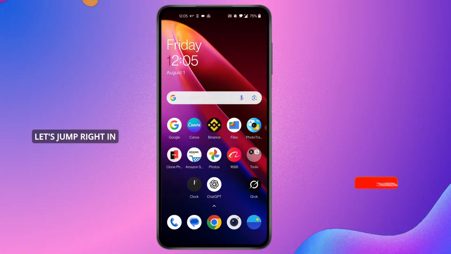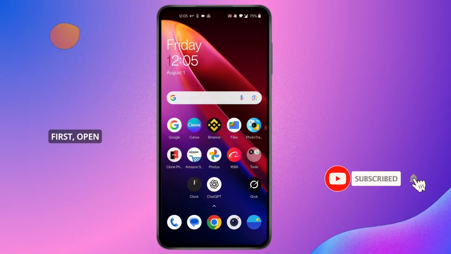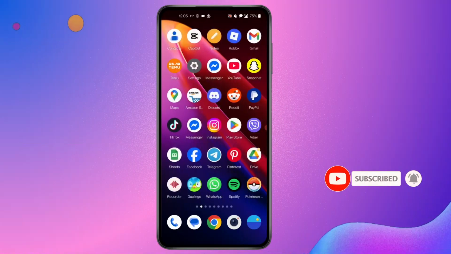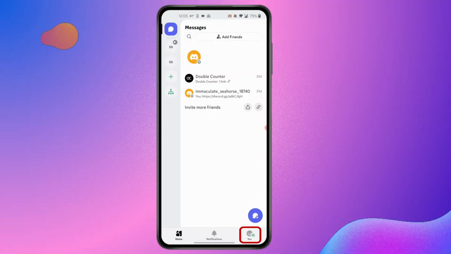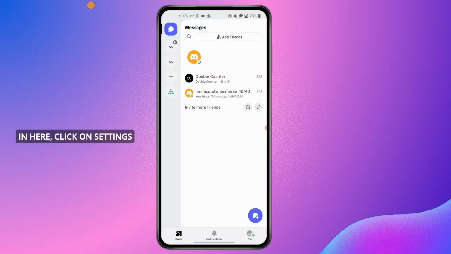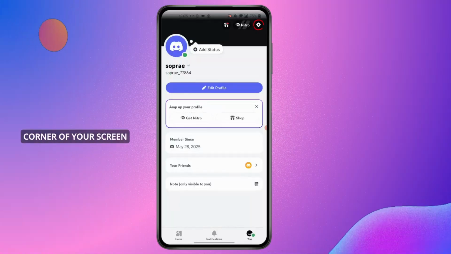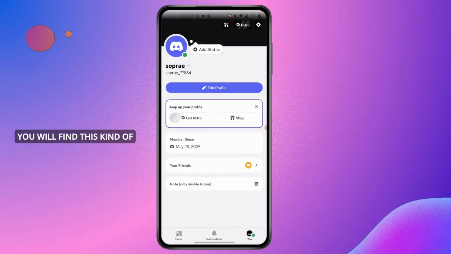Let's jump right in. First, open Discord on your device. Then at the bottom, click on View. In here, click on Settings at the top right corner of your screen. After you click on Settings at the top right corner of your screen, you will find this kind of screen